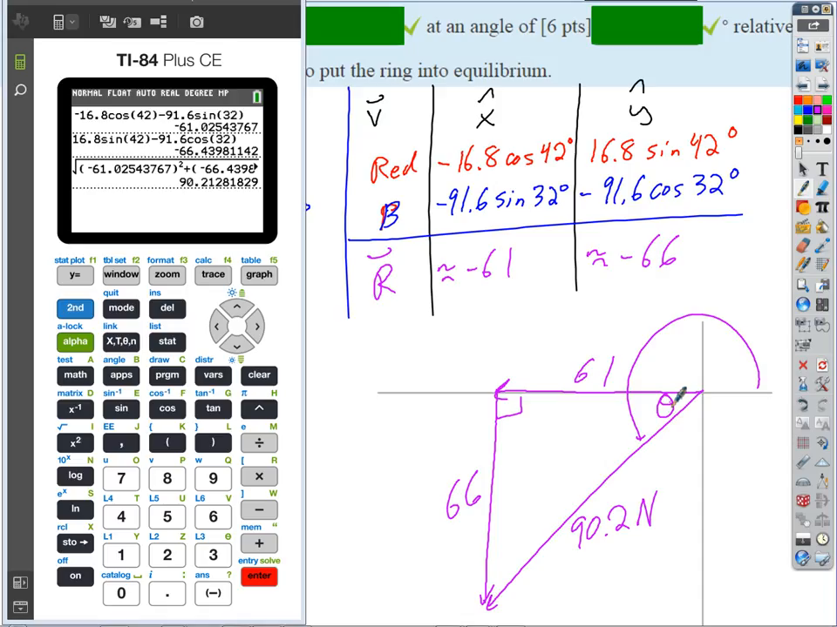Okay, so how do I find that theta? It's going to be arctangent, right? Because the tangent of that angle equals 66 over 61, opposite over adjacent. So that angle must equal the arctangent of 66 over 61. Okay, so we'll go inverse tangent of